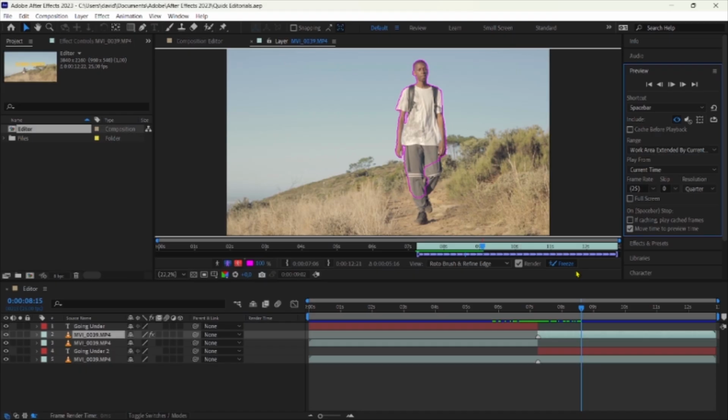Because if you don't do that and you go back to the composition of your video, you will find that After Effects will not allow you to edit any further, and you might lose the progress you have made. Only do this once you are happy with the entire selection.